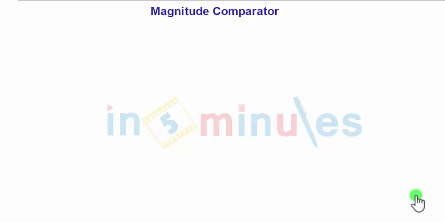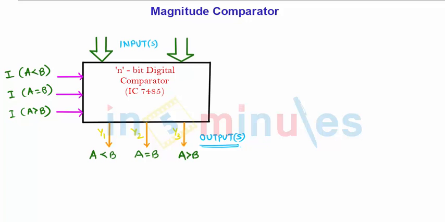In this presentation we are going to see the magnitude comparator, the magnitude of binary numbers. So let us start with the block diagram of a simple magnitude comparator, IC 7485. Now this is basically a 4-bit magnitude comparator which has two inputs, input A and input B. You must be thinking that I have drawn two broad arrows, or bus arrows, for the inputs and only single arrows, the orange ones, for the outputs. There are three different outputs. So let us start one by one.